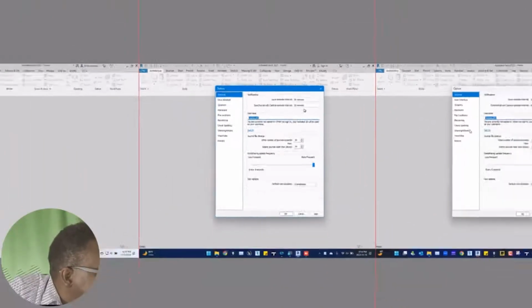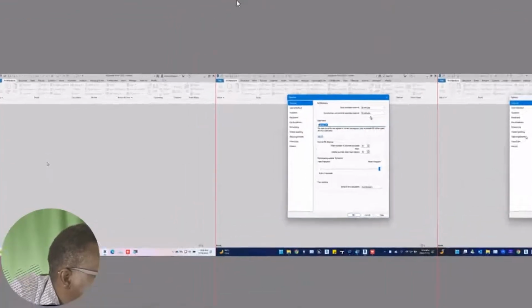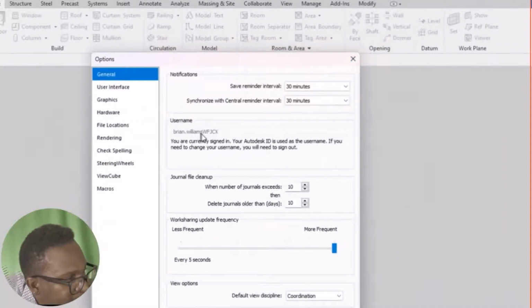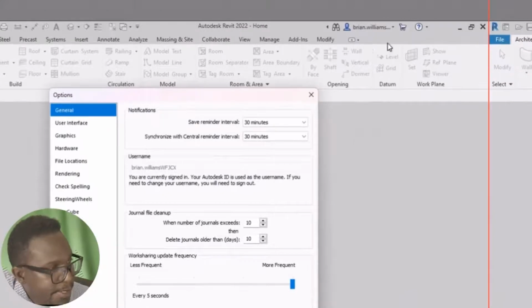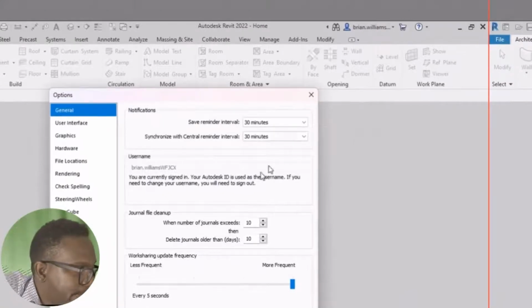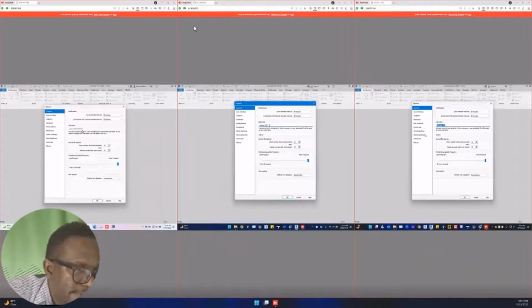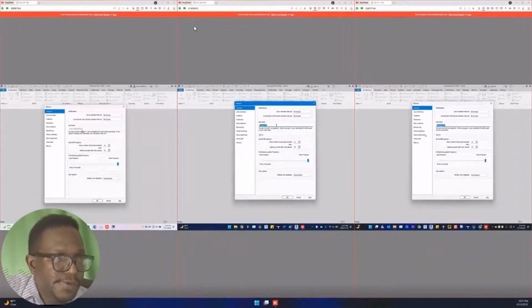Now on the other hand, when I go to the Apple user here, I will see that this user is actually grayed out. For those of you who are using an online license, in this case I'm using an educational license signed up with Autodesk, you are unable to change your username because it's issued by Autodesk. These other two users are not signed in to Autodesk, so you can freely rename your Revit user anytime you want. Now an important point is it's not advisable to rename this in the middle of a project, because your access to the project